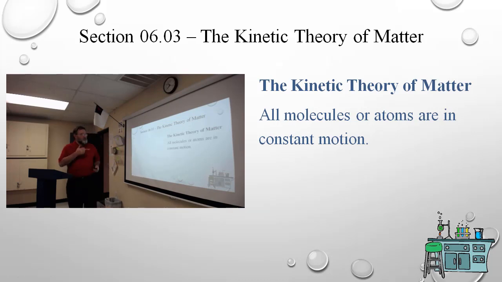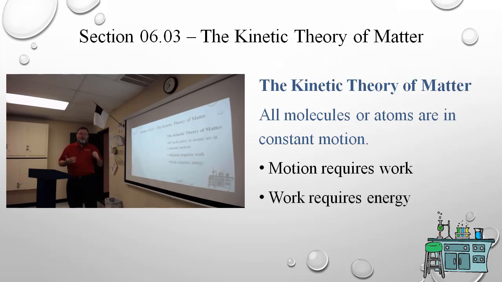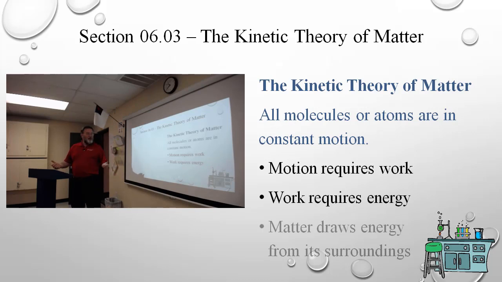Let me get back to my notes. Okay, so motion is required for this to happen, and motion requires work. And work requires energy. So the question is, where does the material get the energy to do the work to move? Where does it come from? And the answer is from the surroundings. How did the water boil? It took the energy from the hot plate. Okay? So as the environment,